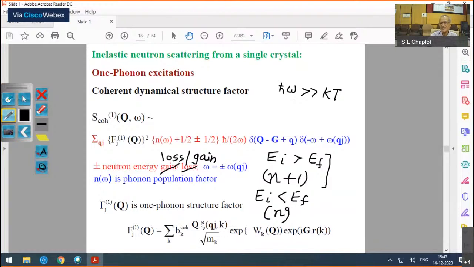However, at high temperature, so these are in fact very similar to the Stokes and anti-Stokes in Raman scattering. But here we have to make measurements typically in the neutron energy loss mode, but we can also do it in the energy gain mode at high temperatures or for frequencies which are very small. Okay, that's one. Second is